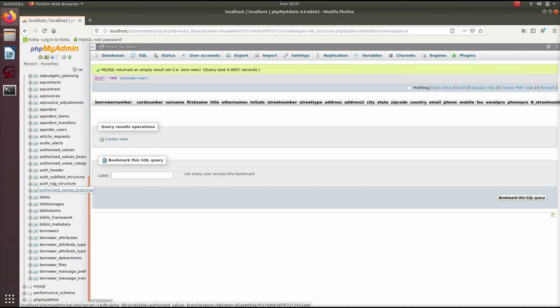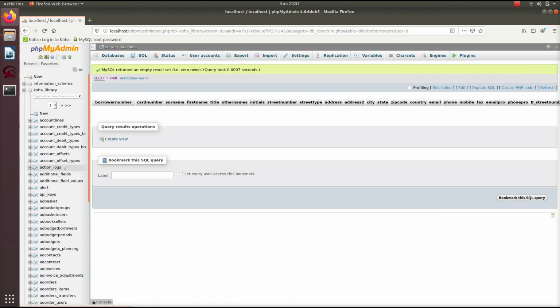The whole idea behind showing phpMyAdmin is to make things easy, to show you how easily you can delete the ID from a particular table in the database, and remove the ID in an easy way.